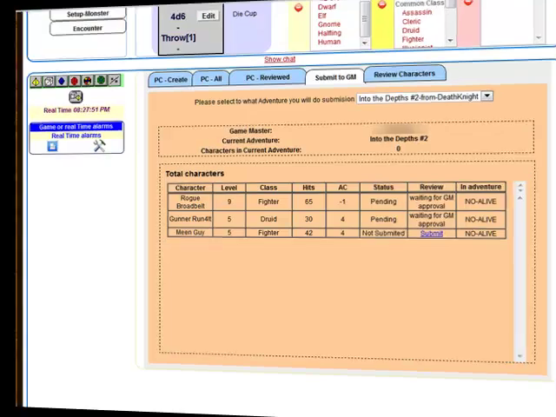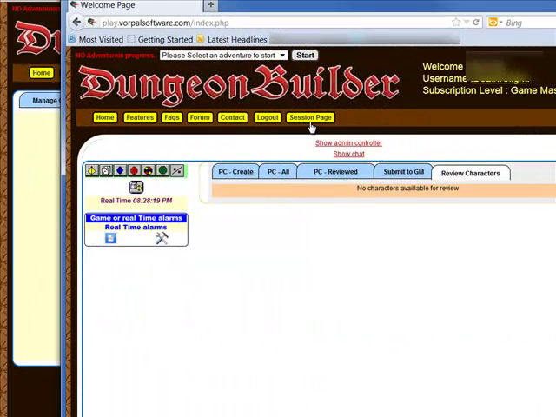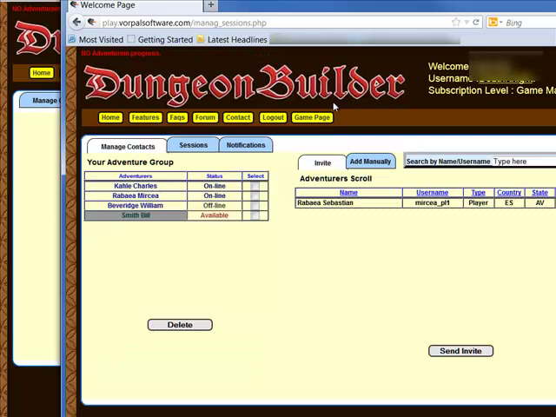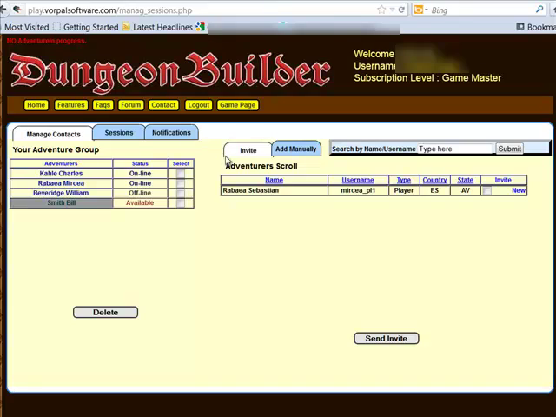Now, what if you are a Game Master and your players have not yet purchased their own licenses for Dungeon Builder? No problem. Just tell them to go buy a license. Okay, I'm just kidding. But for the situation where your players don't yet have a license, we have something called